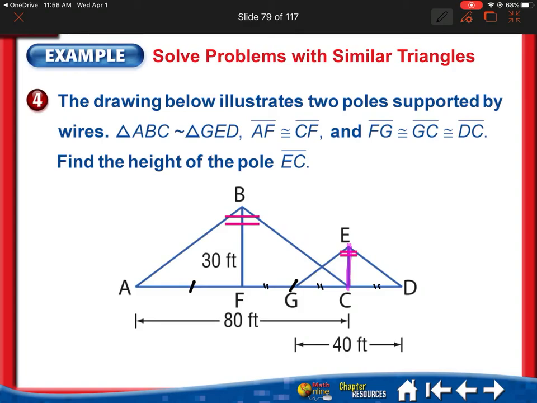So we know the height of our entire base AC. You can see that. And we know the height of the pole. And then we also know the entire length of the span of our smaller pole, and we have to find the height. So we have everything we need to set up our proportion. So I'm going to do ABC up first. I'm going to remind myself ABC's up top, GED is in the denominator. So I'm going to do 30 over x